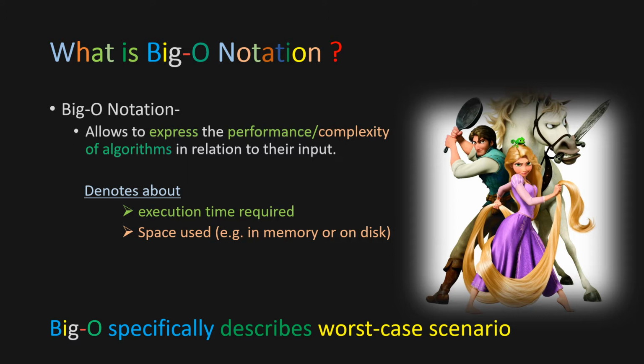For example, if we have two different algorithms to solve the same problem, where one algorithm executes in 10 iterations and the other in 20 iterations, the difference between the two algorithms is not much. But if the first algorithm executes 10 iterations and the second executes 1000 iterations, then it is a matter of big concern. Here, big O specifically describes the worst case scenario. As the name indicates, in big O notation, O represents order of and is concerned with what happens for very large values of n.